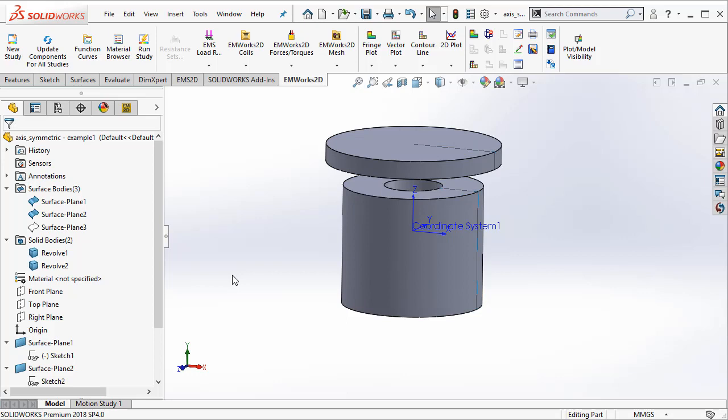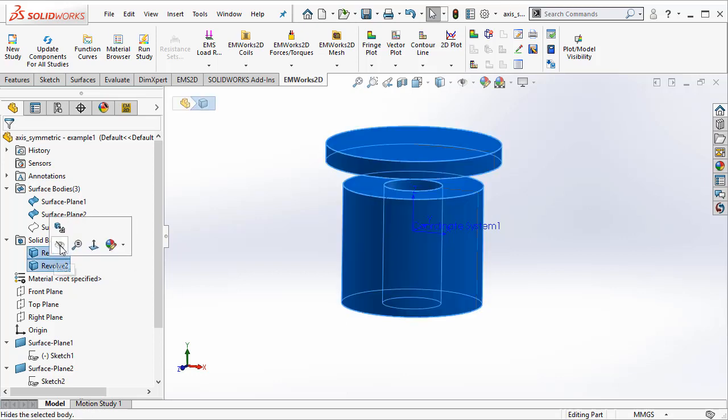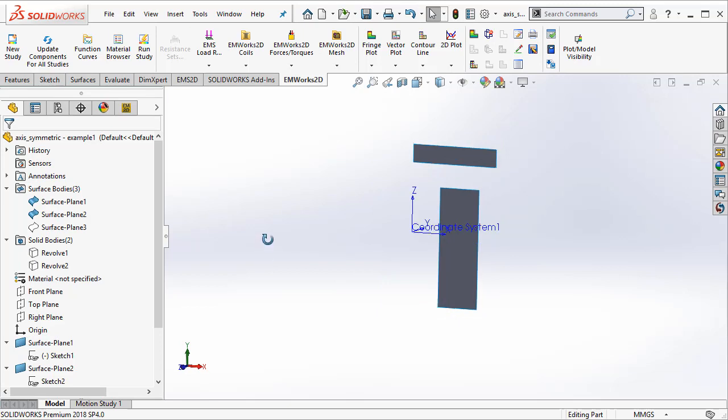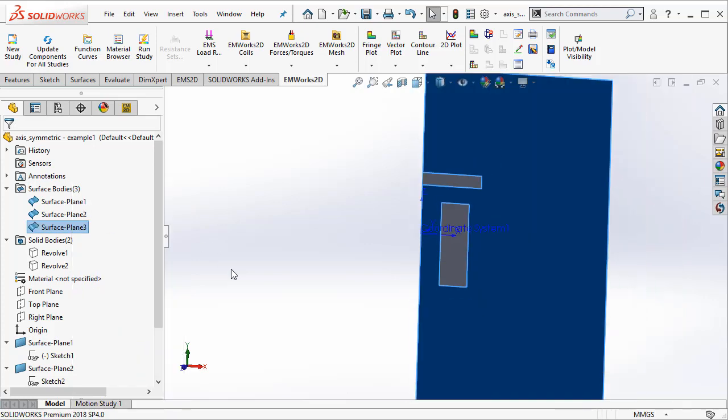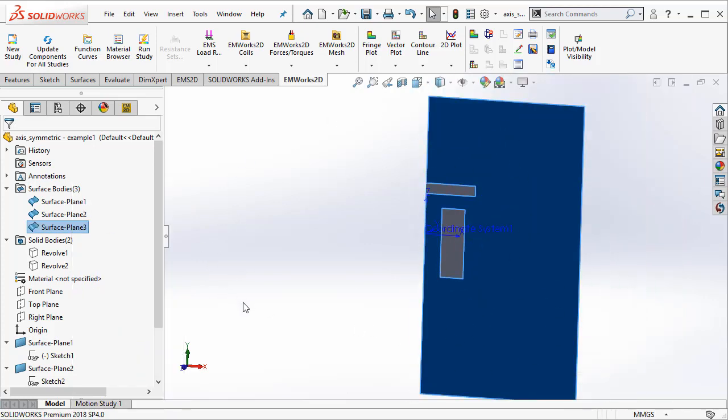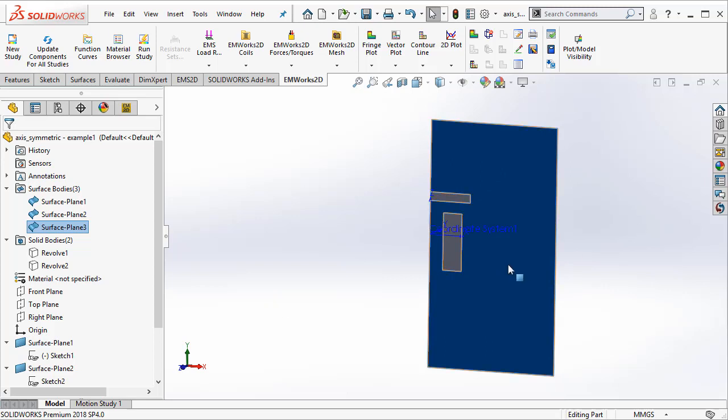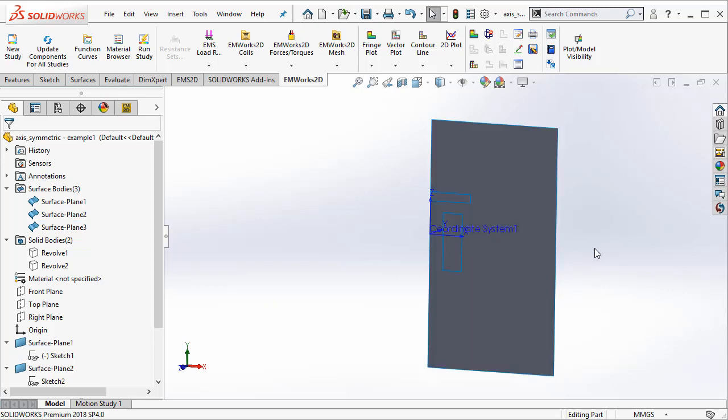in the coil. Now to do a 2D simulation, I can just go ahead, hide these solid bodies so that I'm just left with a surface that represents the coil, another surface that represents the cylindrical steel that is at a particular distance from the top of the coil. We also need a surface to represent the air geometry that surrounds this. And this was created here. So in the next video, I'll show you how to create these surfaces from scratch in SolidWorks. In this video, let's assume that these surfaces are there for you, and we will go to the simulation part